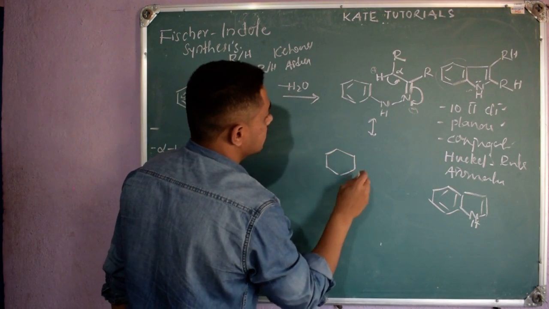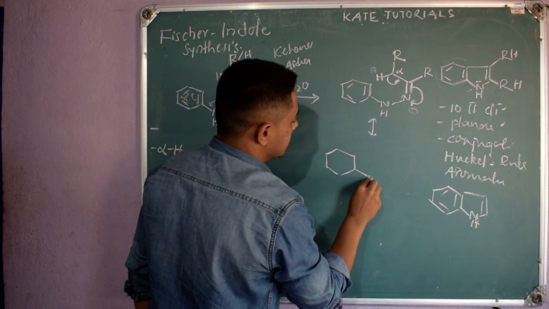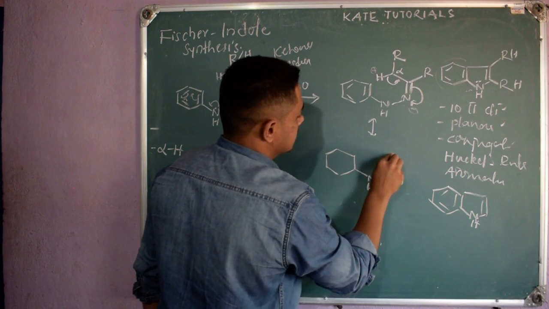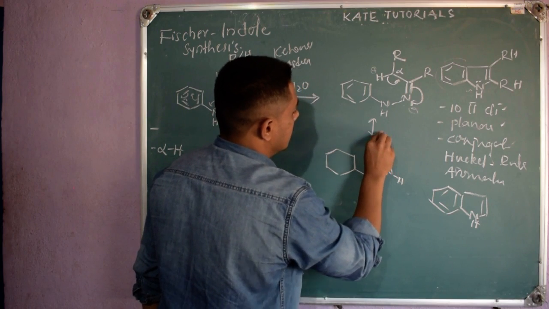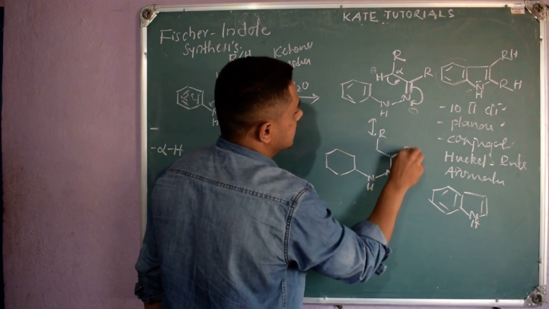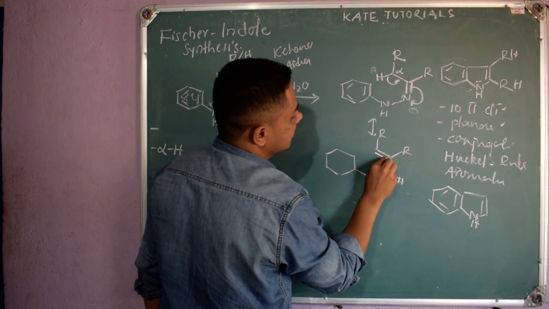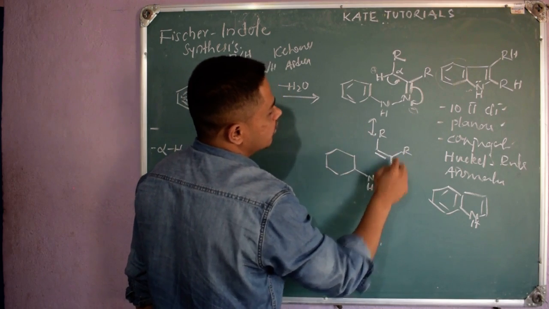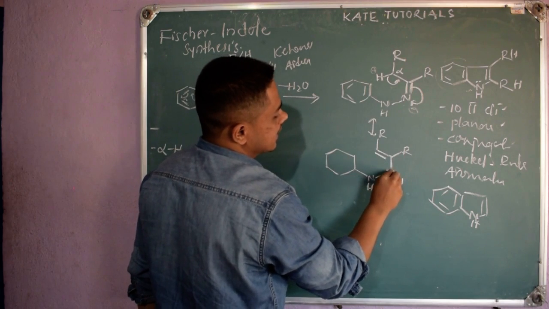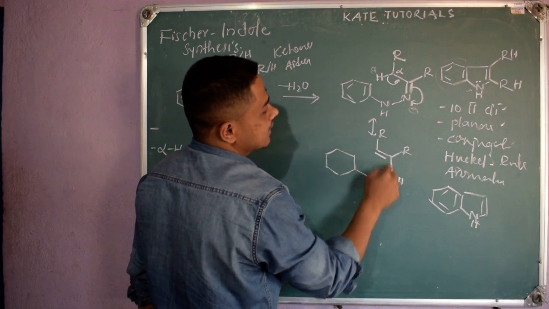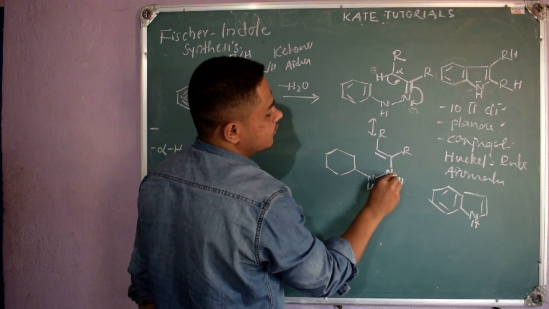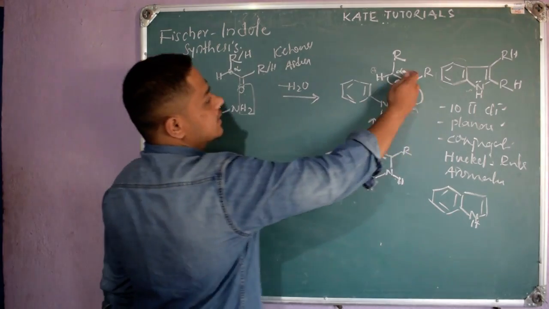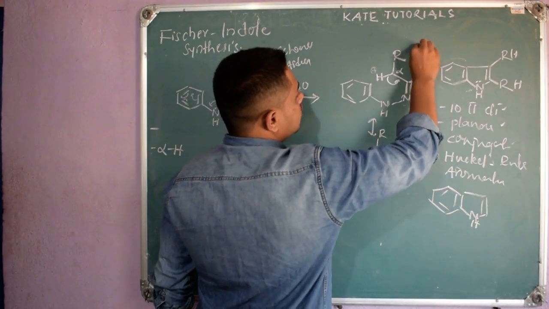I hope you got it, right? So what happened? Here NH is there. I got again NH here, CH2, CH2R, here R. Initially we had a sigma bond, now we got a double bond here. And here this pi bond became a sigma bond, only a single bond, and the electron density came on nitrogen, N minus, and this H plus, they combined forming an NH bond, right? I hope you got it. So what is a Schiff base? A Schiff base is also called an imine.